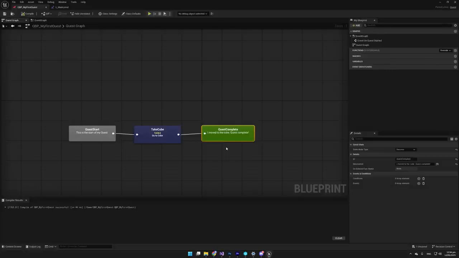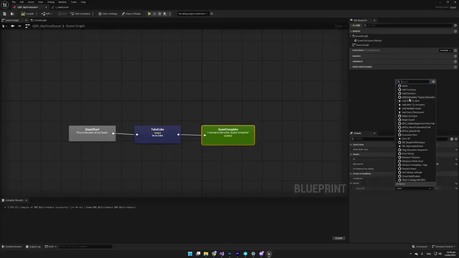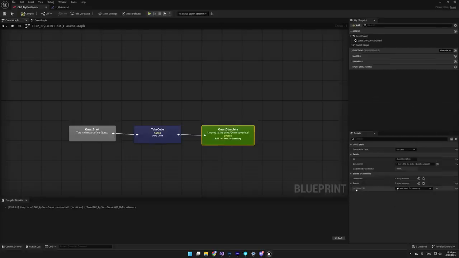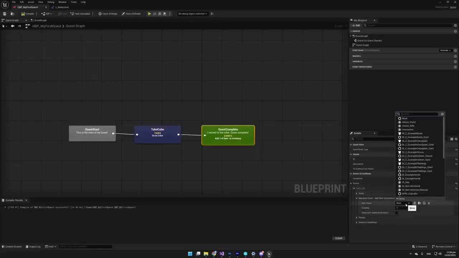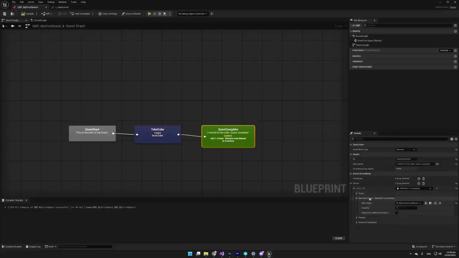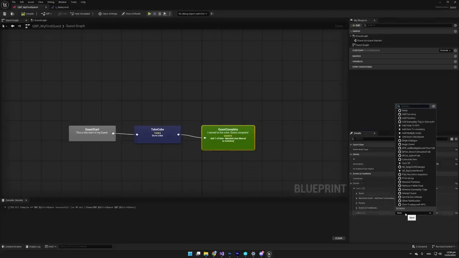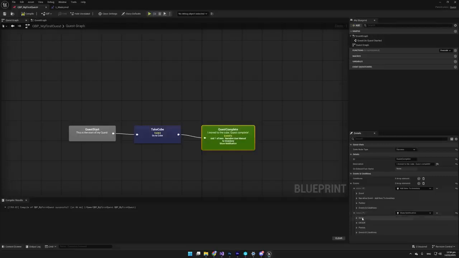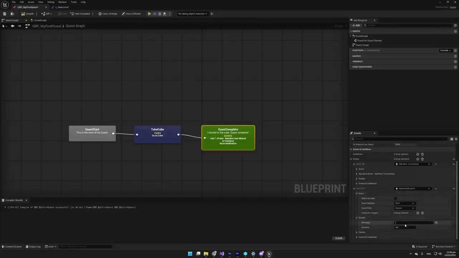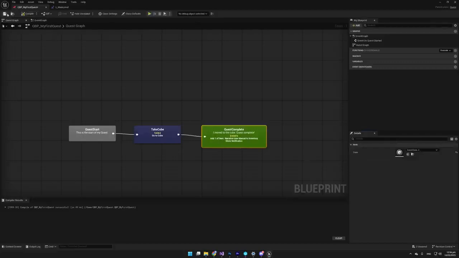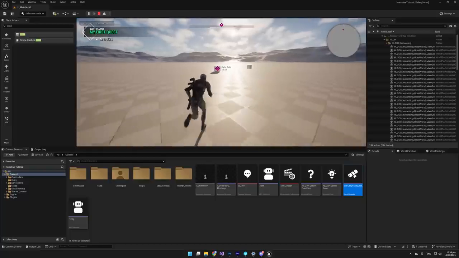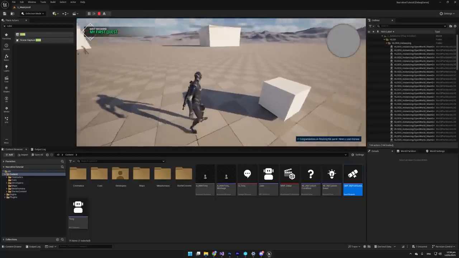You can also use events on quest states just like you can on dialogue nodes. So if I want to give the player a certain item when they complete the quest, I can do that. So let's give the player a narrative user manual when they complete the quest, and I'll even add a notification to the screen. So if you search for show notification, we could say congratulations on finishing the quest, here's a user manual. We'll compile and save, and you can see now if I complete the quest, it says congratulations on finishing the quest,